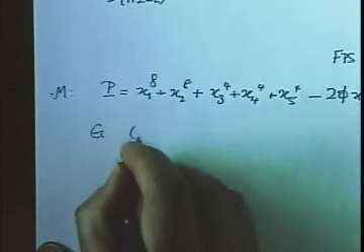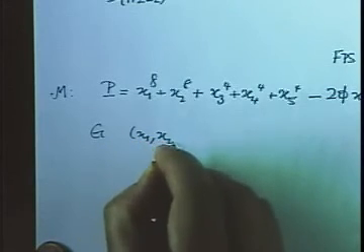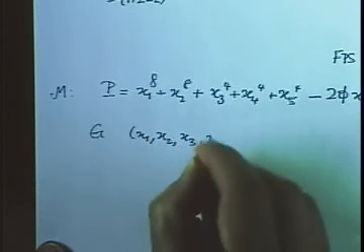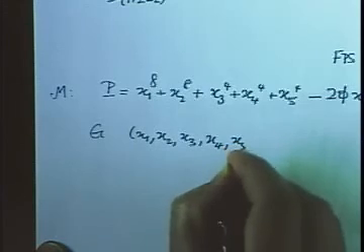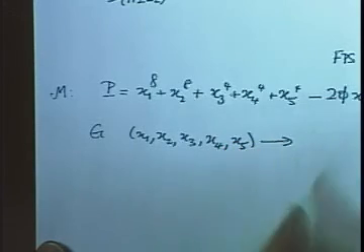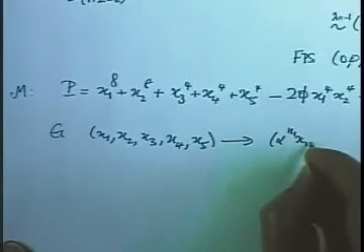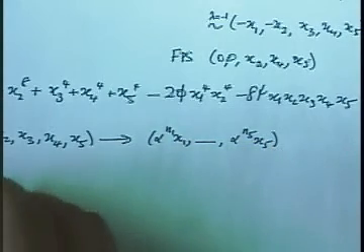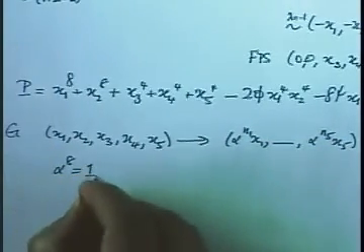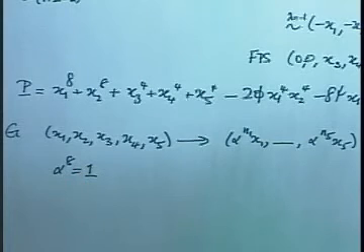One way to describe it is that you take x1, x2, x3, x4, x5, and you map that to alpha to the n1 x1 ... alpha to the n5 x5, where alpha to the 8th is 1, so alpha is an 8th root of unity, and